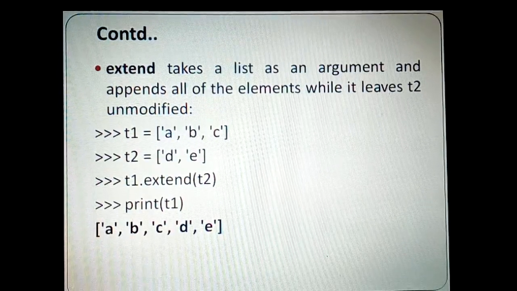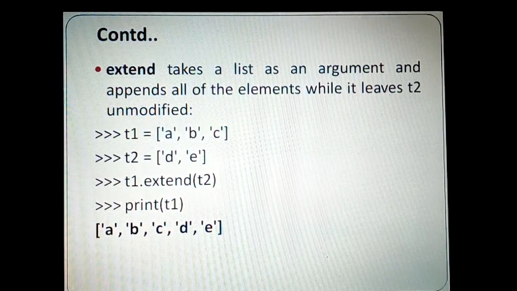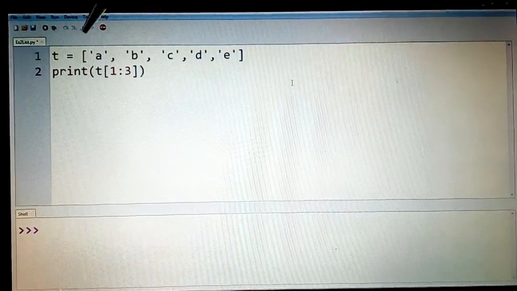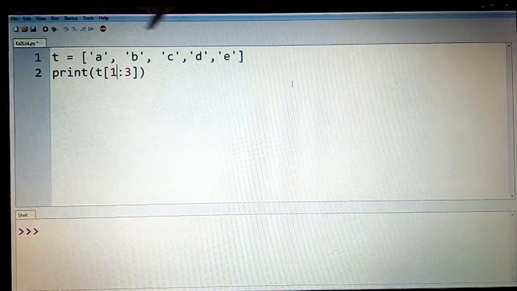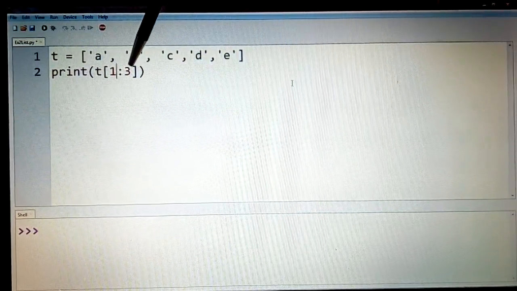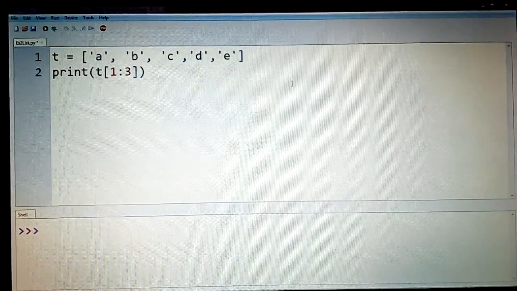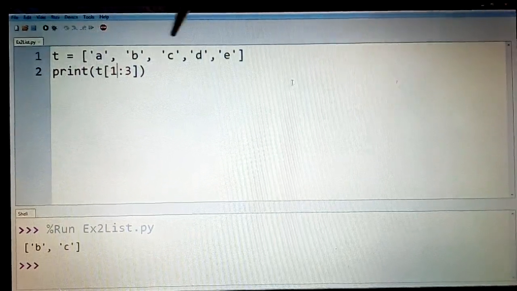Now we can go to the editor and check how this really happens with the help of Python code. Let's see the demo of this slicing. T is a list with A, B, C, D, E, and let us slice it from the second element to the third element, 3 minus 1. I would get a slice from the second element, that is B and C would be displayed here.